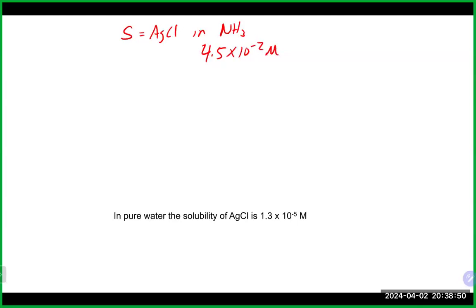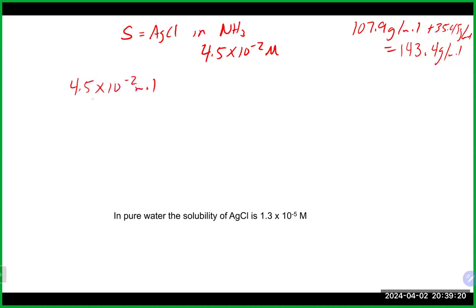Now, if I take my silver chloride, which is 107.9 for the silver, plus 35.5 grams per mole for the chlorine, that gives me a molar mass for silver chloride of about 143.4 grams per mole. So if I take this 4.5 times 10 to the minus 2 moles per liter